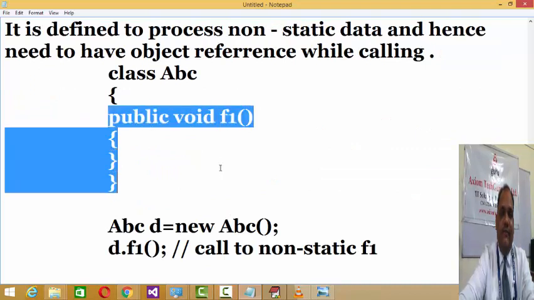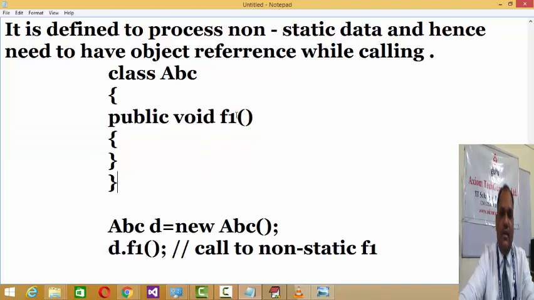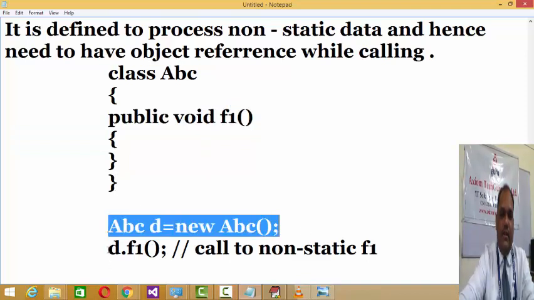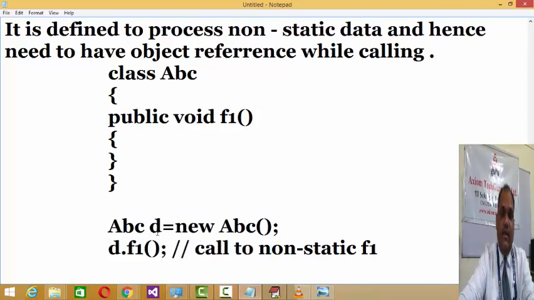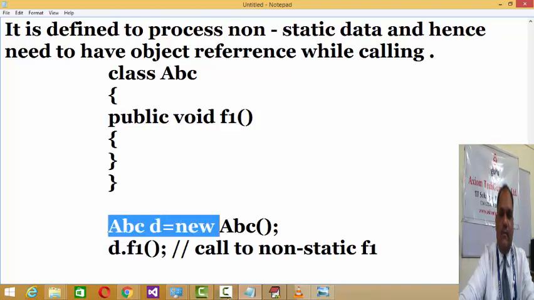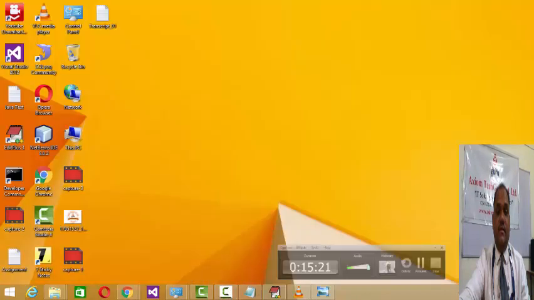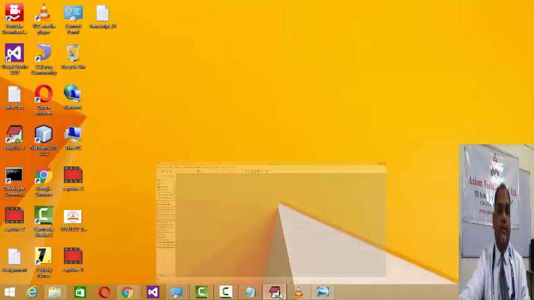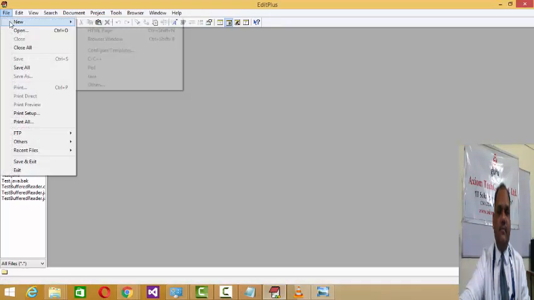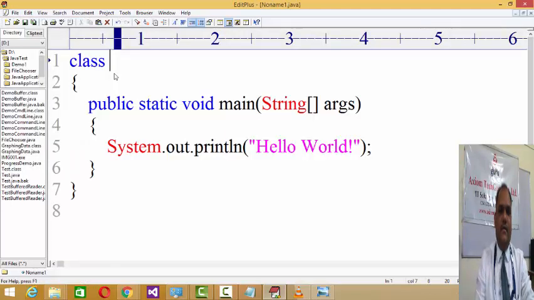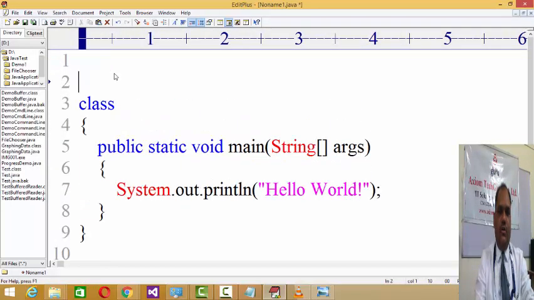But in such situations, while giving a call to such non-static methods, you need to create the instance first and then give a call to it. Whether you are accessing within the class or outside the class, in both cases you need to create the instance and only then can you give a call to it. Now let us discuss examples related to static and non-static methods. First of all, let us have a discussion demonstrating static methods.